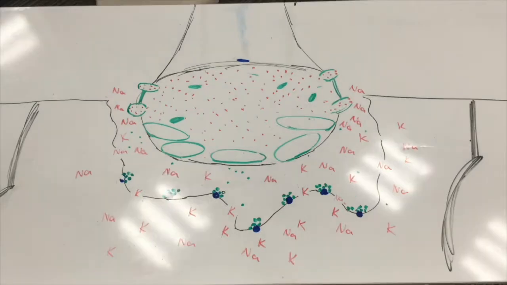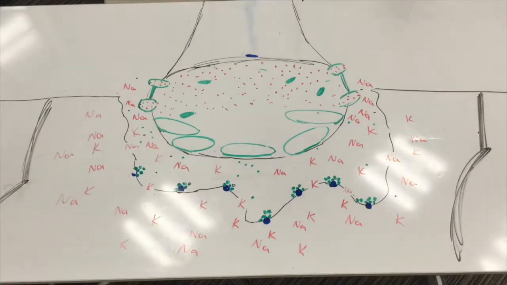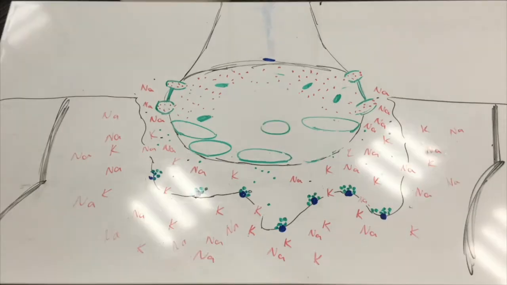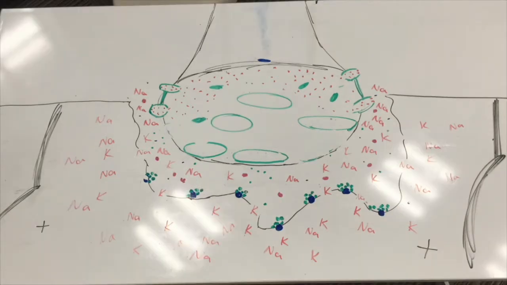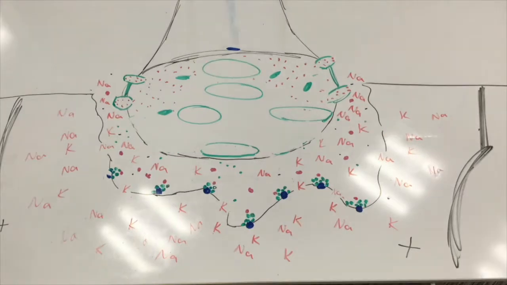However, the concentration gradient of sodium ions is much greater than the concentration gradient of the potassium ions, so a lot more sodium diffuses into the motor end plate than potassium diffuses out, and this causes a change in the polarity. Once the threshold is reached due to the change in polarity, the action potential travels along the sarcolemma,